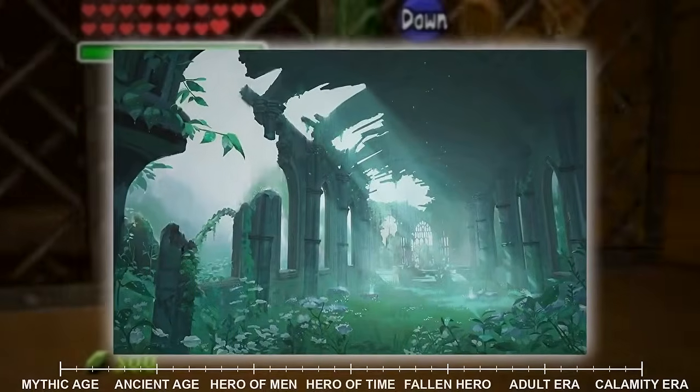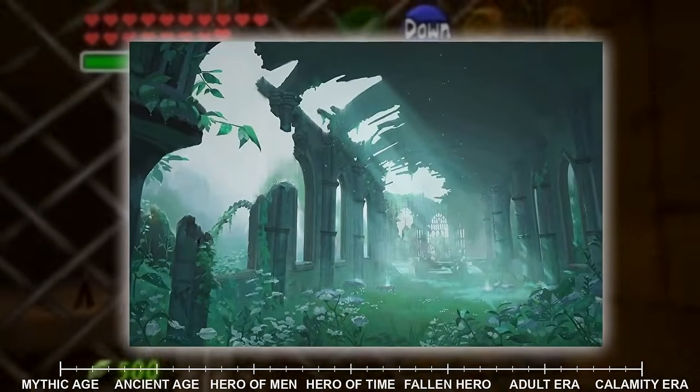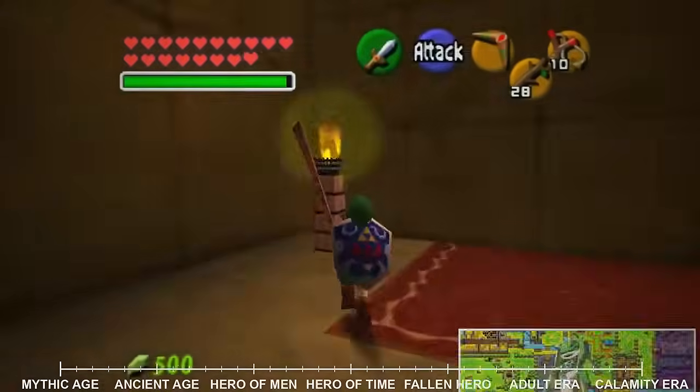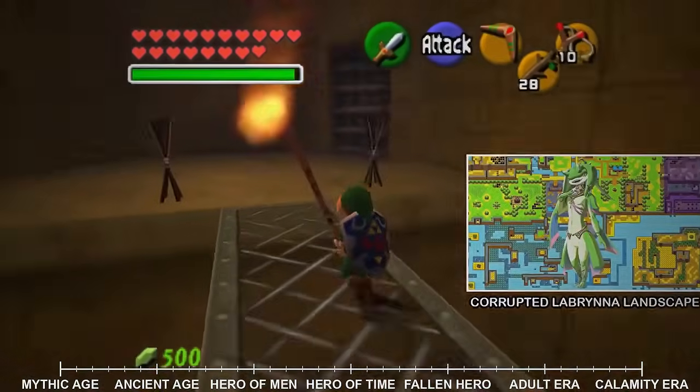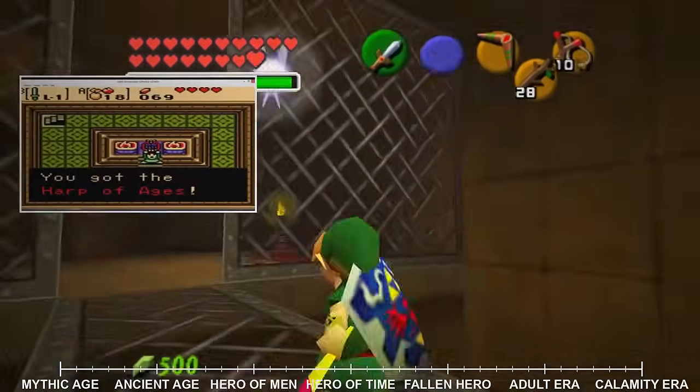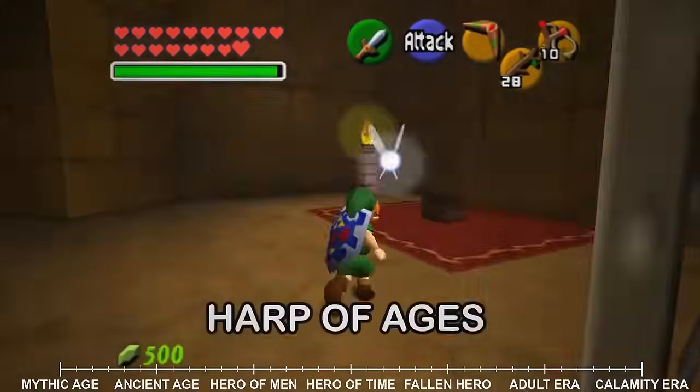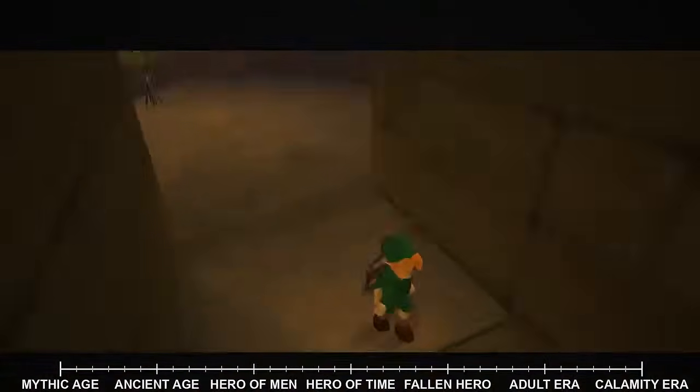Forests that should stand tall are reduced to stumps. Buildings that should exist are never built. People who should live free are enslaved in projects that serve only Varan's mysterious agenda. To counter Varan's temporal manipulation, Link must wield the Harp of Ages, an instrument whose melodies can open portals between